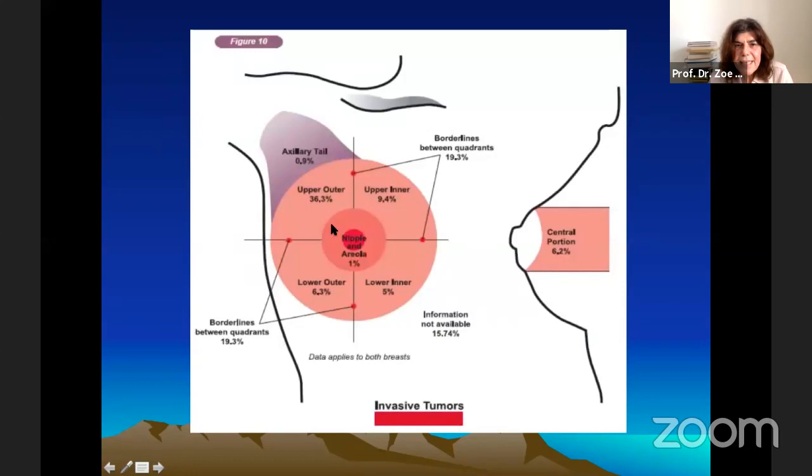Now, this is a picture that shows you the topography of the invasive tumors. The location where you most frequently see the diagnosis of breast cancer is the upper outer area of the breast. The other areas are less frequent,